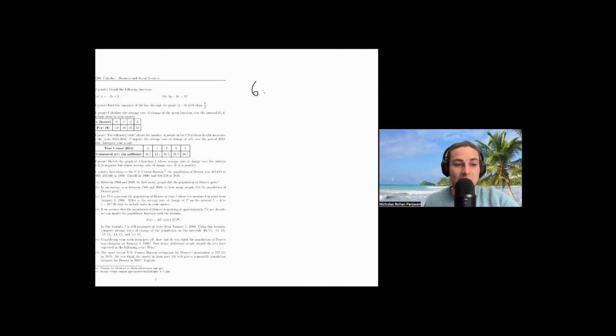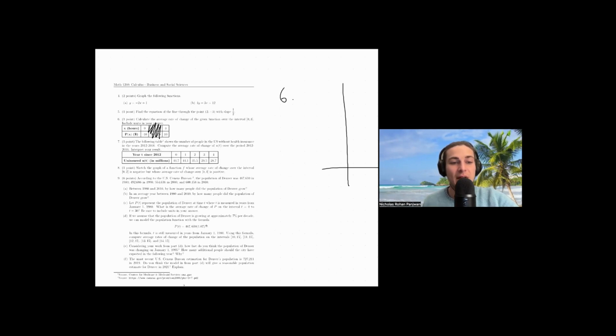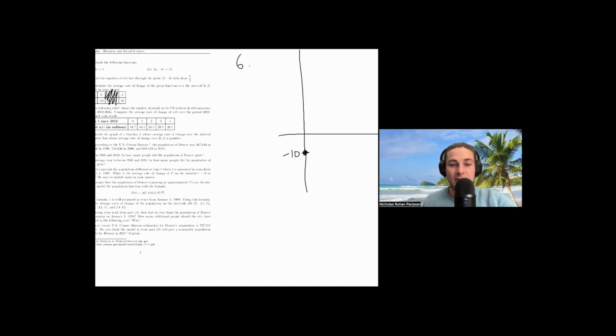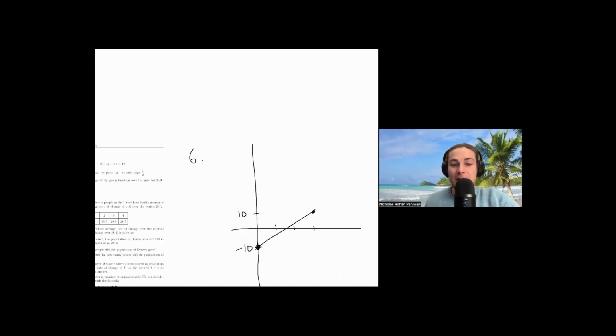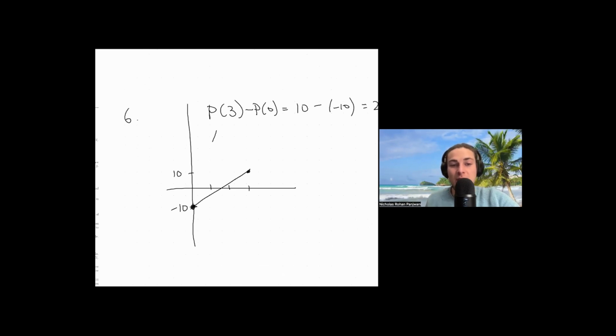So if we were to graph this situation here and ignore the endpoints for a moment, if we had our x equals 0, p of x is equal to -10. So let's call this -10. Our p of 0 is -10, and our p of 3 is +10. So 1, 2, 3. So our total change, meaning our p of 3 minus p of 0, is equal to 10 minus -10, which is 10 plus 10. So it's a change of 20. In other words, our change in p, let's say from x equals 0 to x equals 3, is some new notation, but this vertical line allows us to indicate particular x values,